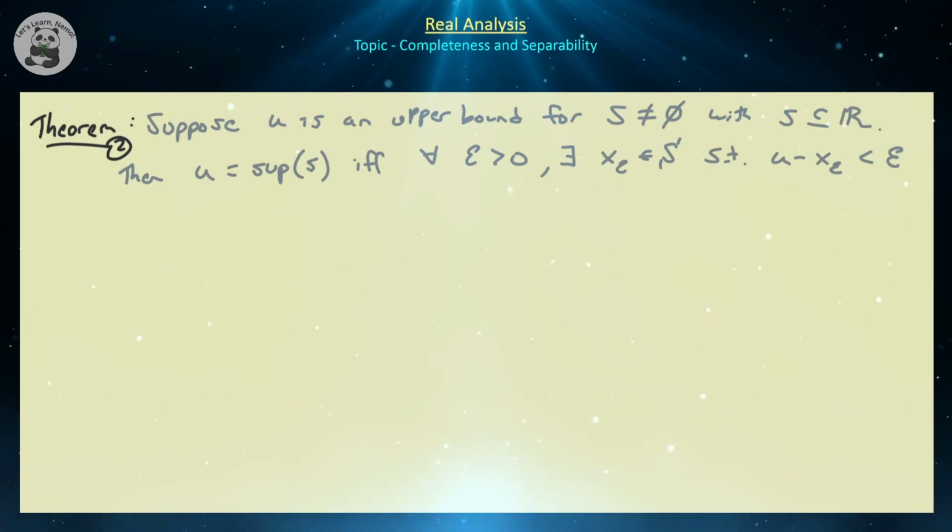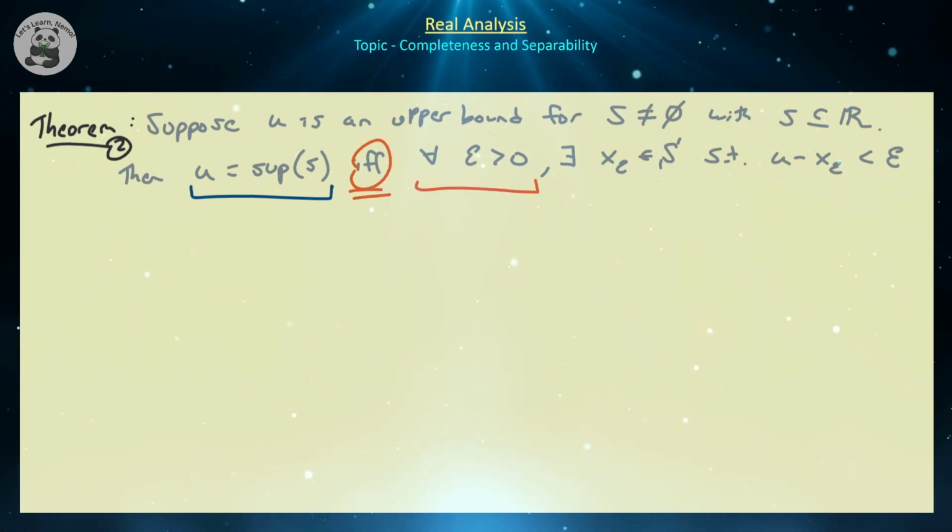The next theorem that we're going to be looking at is a very, very important theorem that we're going to be using a lot later on when we start talking about sequences and convergence in terms of limits for sequences. So it says this: suppose that U is an upper bound for a non-empty set S, where S is a subset of the real numbers. Then U is the supremum, the least upper bound of S, if and only if, so this goes both ways,